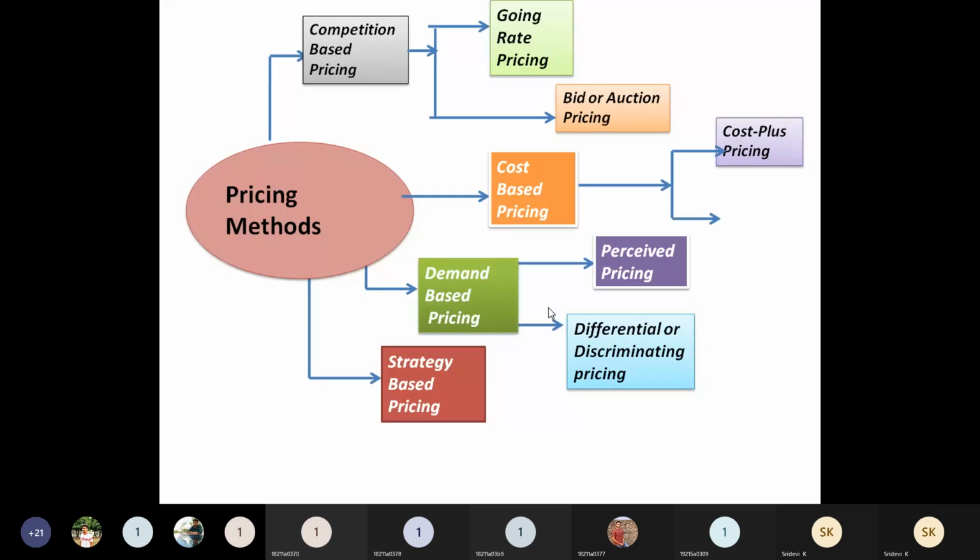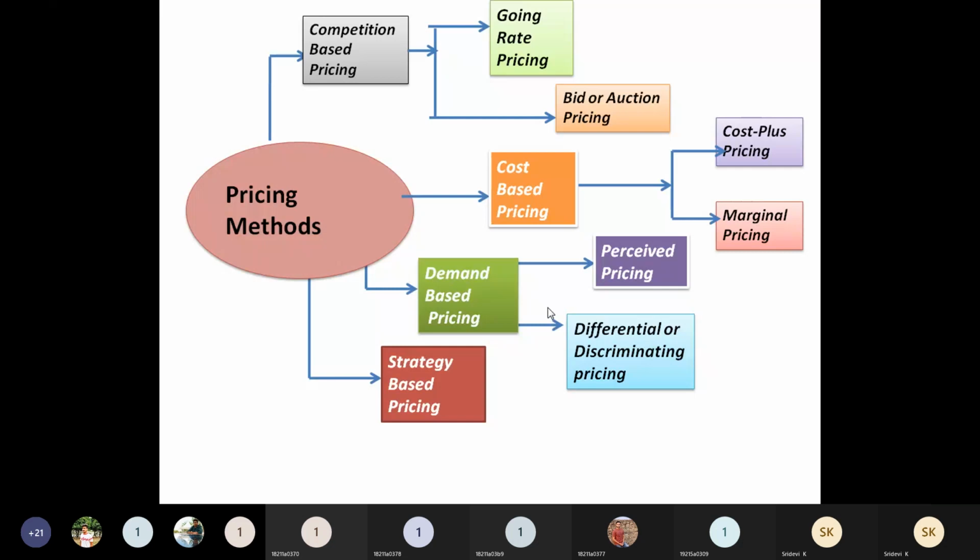Second one is marginal pricing. Marginal pricing is nothing but break-even analysis. You can also find out the selling price with it, right? As we have seen in one of the exercises, how to identify the selling price. If there is a change in the selling price, what is the break-even point? So you can even pick out the selling price.